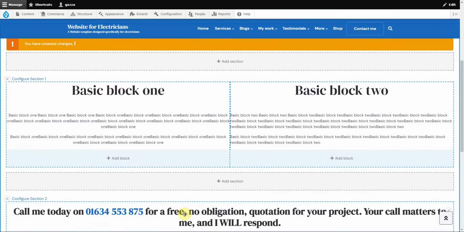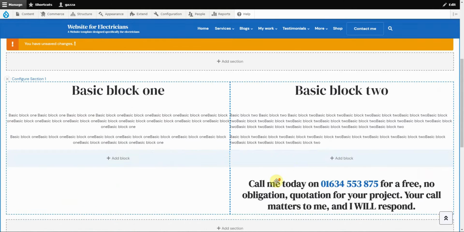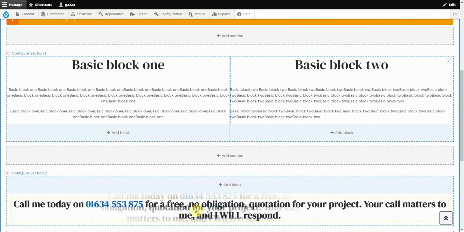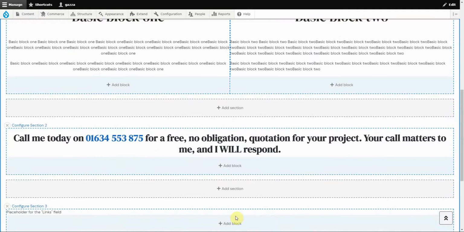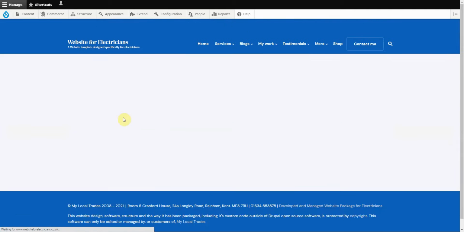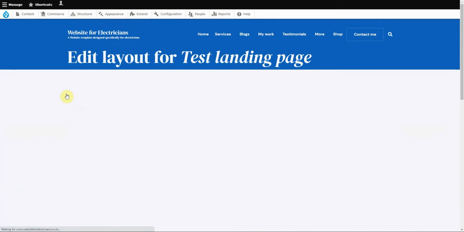You can drag these blocks one above the other and drag them into the different sections. I want to keep it down here where I originally put it. And then we just come back to the top and click Save Layout. Our landing page has now got our basic blocks here and this here. Now, if you wanted these blocks to have some gutters both sides, which I think will look a bit nicer,